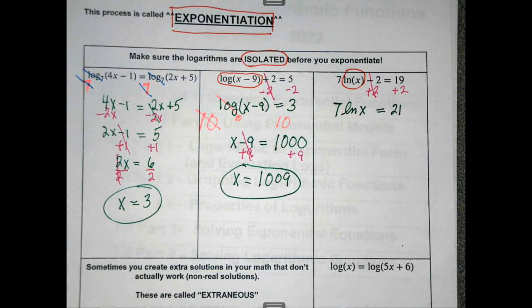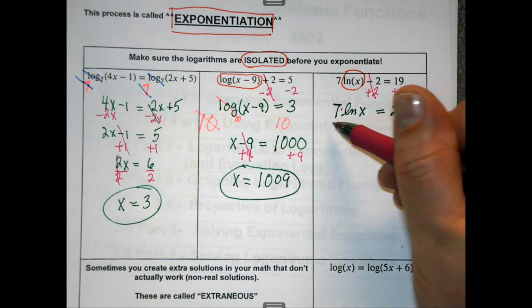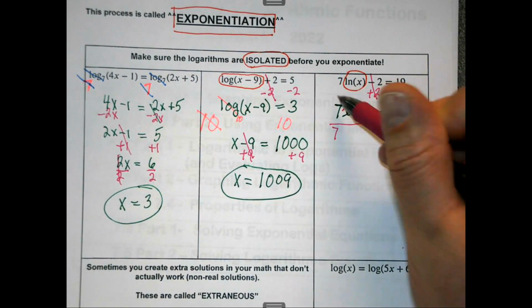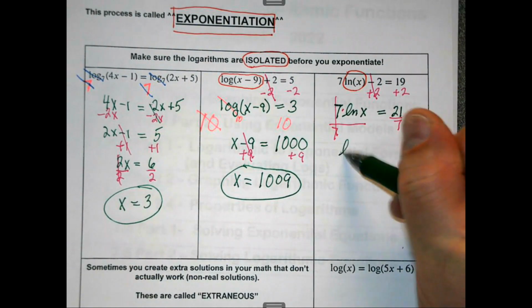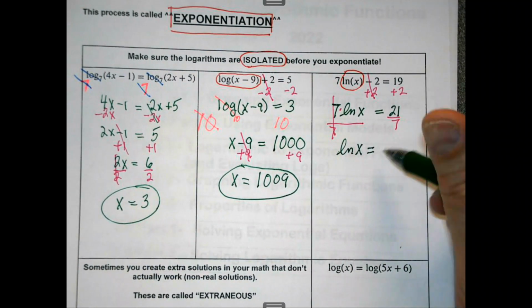How do I get rid of the 7? It's multiplication, so I have to divide by 7. And I get the ln of x equal 21 divided by 7,